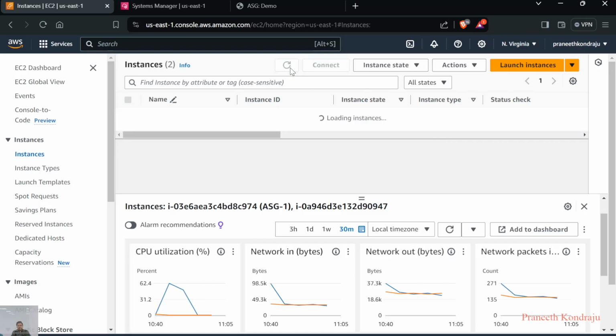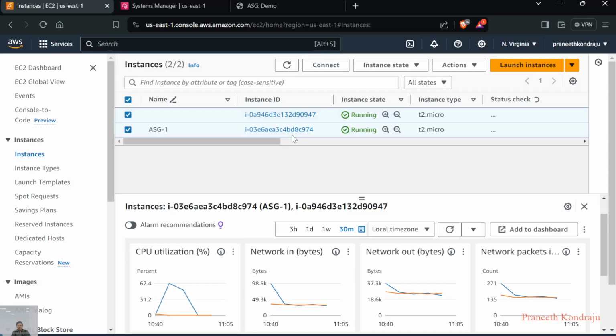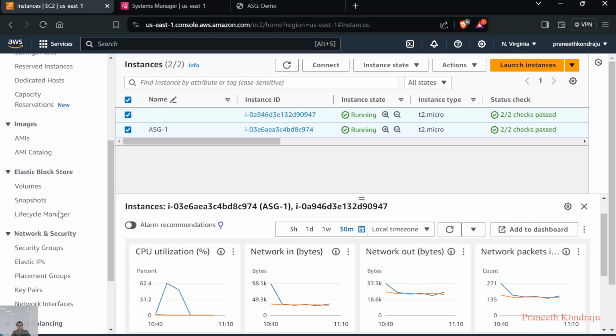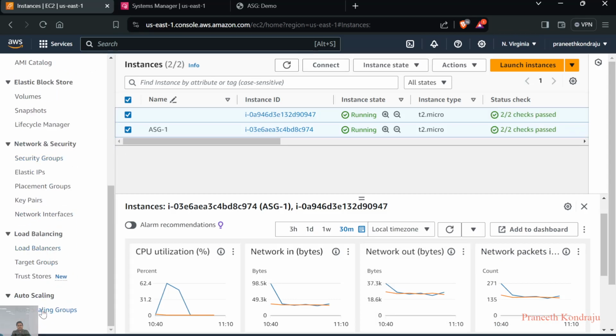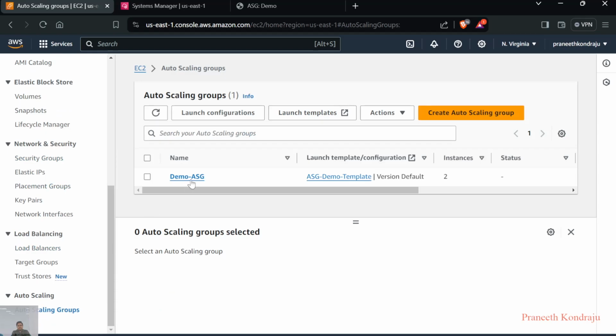Now let's see whether the instance is being scaled down or not. So still it is running. Let's check the CPU one more time. So yeah, the CPU is now running normal, not reaching our threshold. It's looking good. Right. So one other important thing is we can check these auto scaling activities in our auto